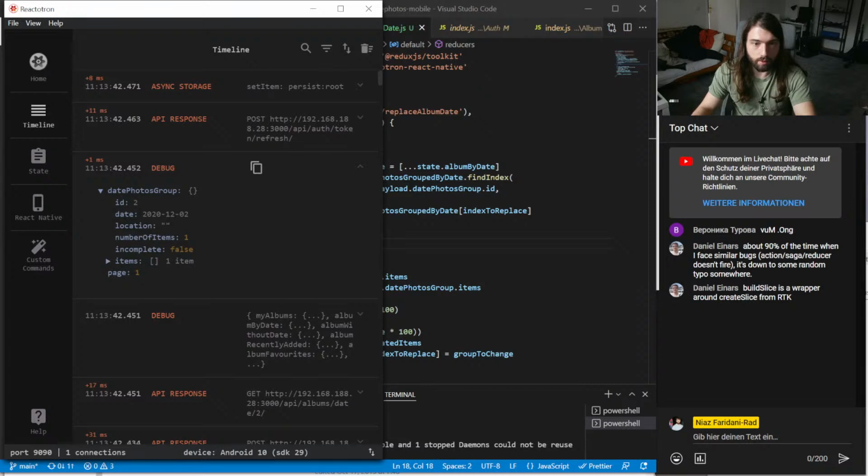Build slice is a wrapper around create slice from Redux Toolkit, right? But I never actually used Redux Toolkit. I just used Redux. And in Redux, you just have to define your state and the actions below that, and then it works magically. And yeah, you also have to put that into the middleware thing, but that's it. So I don't know exactly what build slice does that the normal Redux store doesn't do. So that's what I find confusing.